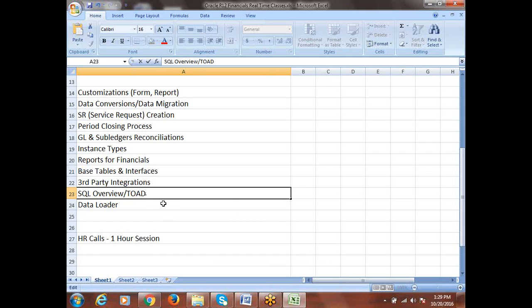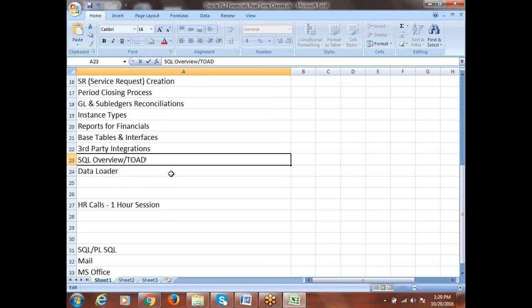Whether we use SQL Loader for R12: SQL Loader is not required. That will be done by technical people. It is for extracting and data loading purposes, and we don't do the loading; technical people do. When we talk about functional, I'll also be talking throughout these sessions about the next steps done by technical people. Simple point: we'll do some customizations.